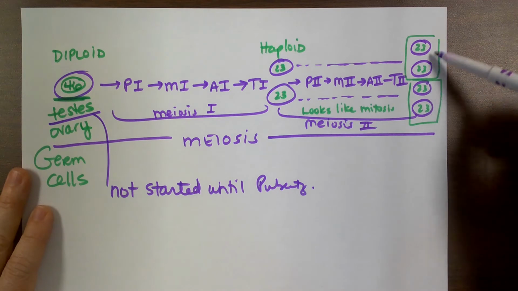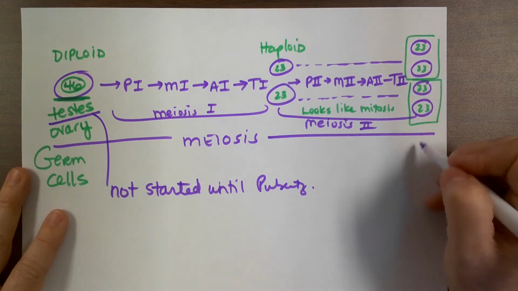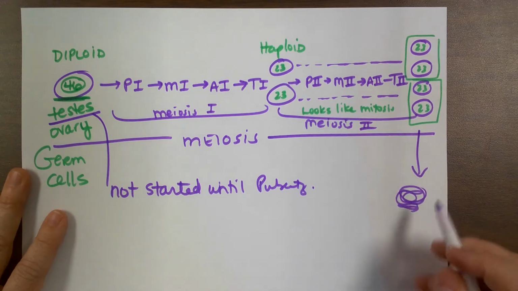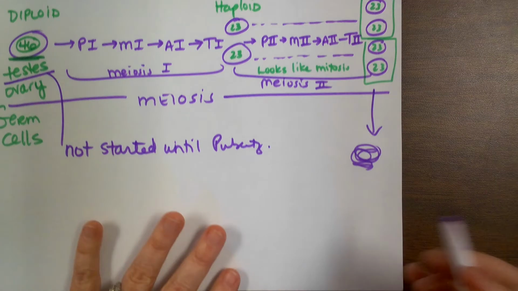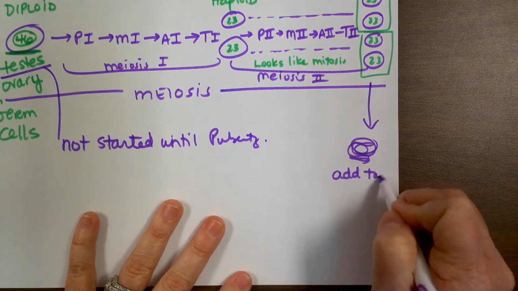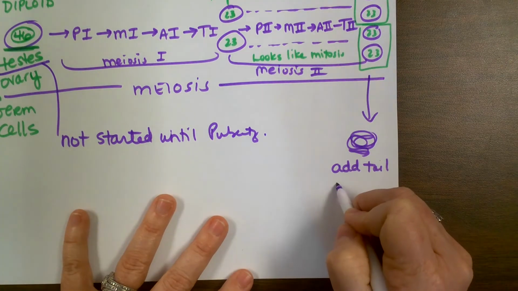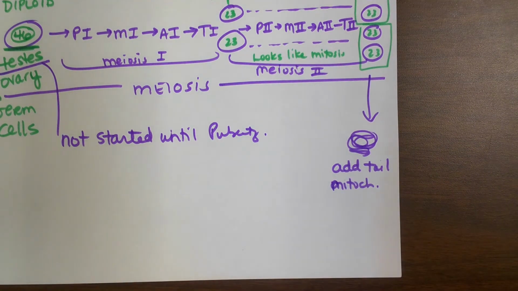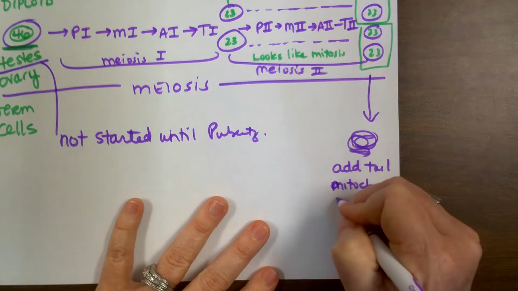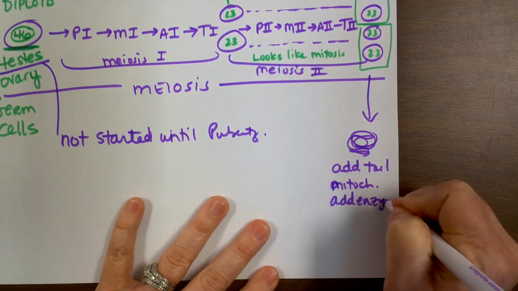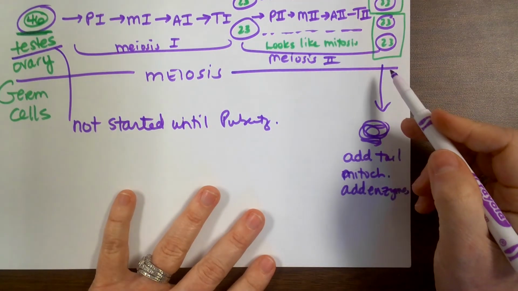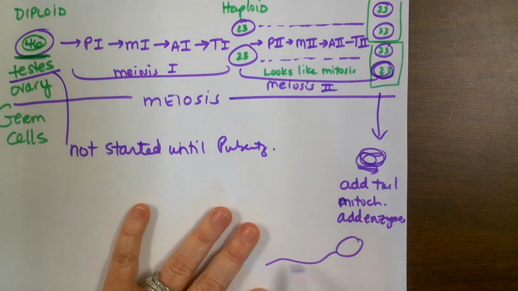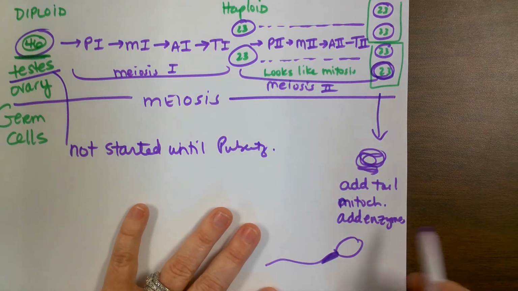It will start making these cells that have 23 chromosomes. And then those cells will go through a series of tubes and passageways. And while it's going through those tubes and passageways, it will add a tail so that it can swim. It'll give it some mitochondria because these sperm cells are going to need energy to swim and move. And then it'll add enzymes to the front, they call this like the head of the sperm. So the sperm cell, like I said, you get the tail added. They add mitochondria here